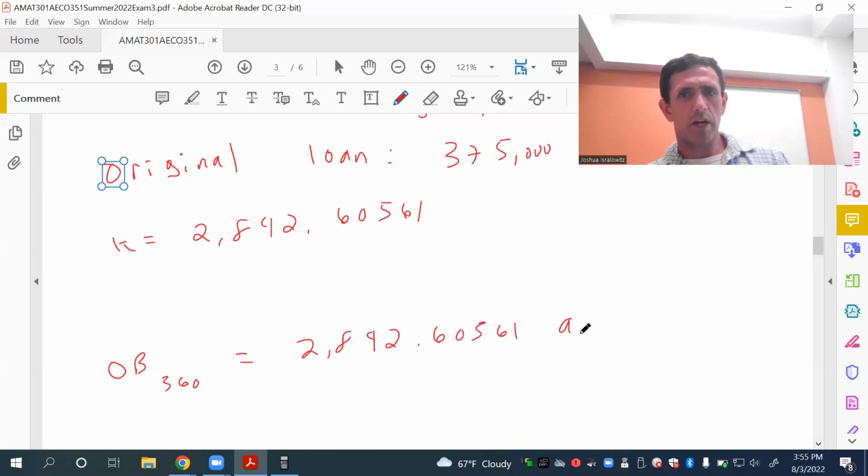So it's the payment times A, N minus T. T is 360, N is 480. N is the total loan time. T is the time we're looking at. This interest rate per month is 0.0075. And this comes to be